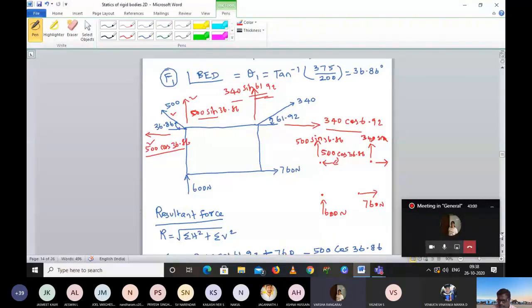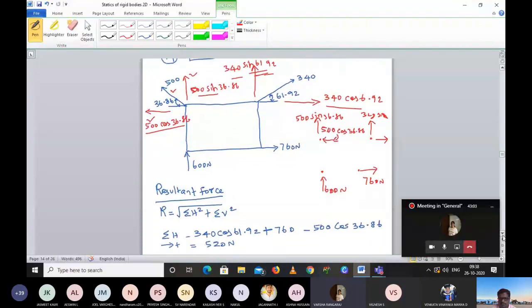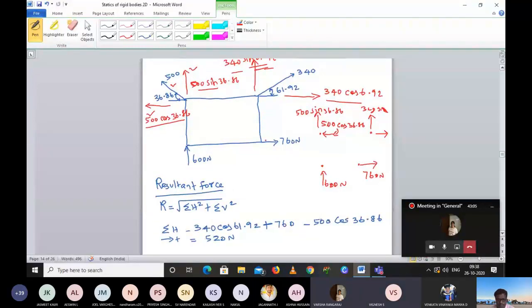Now from which point I am going to take this, the resultant is the sum of the horizontal forces and the sum of the vertical forces. Listen here. Horizontal and vertical. Okay, so I knew that this force is going right side and this force is going negative. Am I right? Any doubt in this? Listen, all of you. So when I am calculating horizontal, these two forces are coming.